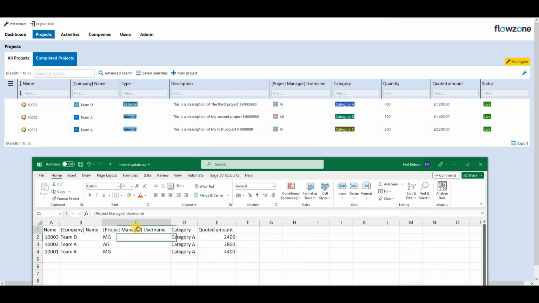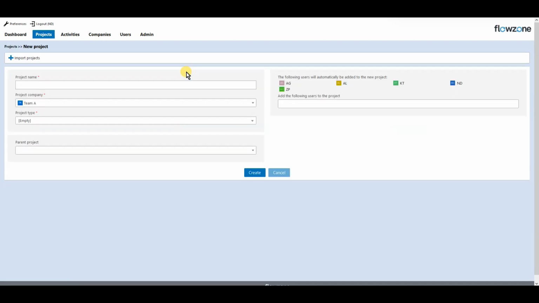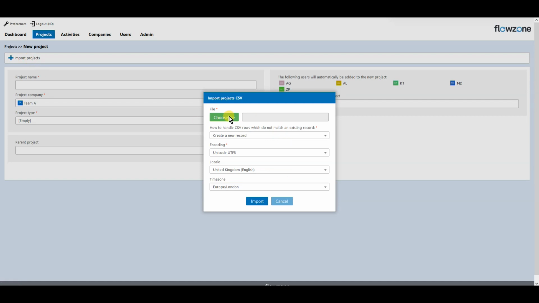Now there is this trick where you have a column header which has got some square brackets, you do need to remove those square brackets and the information outside the square brackets. So if I go like that and remove the square brackets and the text outside, do the same with this one. So those are now okay, and they will be recognized when we import this CSV file. So I'm just going to save that, and then we can go to new project, import projects,